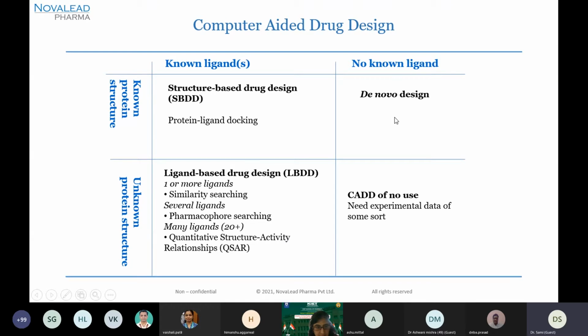So first row, second column, de novo design. Here, the ligand structure is not known. Yes, of course, the protein structure is known, by principles of complementarity, which I told you a little while back also. If you have a positive charge center, it will interact with a negative charge center. If you have a hydrogen bond donor on the ligand, it will interact with an acceptor on the protein. So based on these kinds of complementarities, you can actually do de novo design of the ligand, because we know that the amino acid residues and the functional groups on the ligand will interact in a complementary fashion.